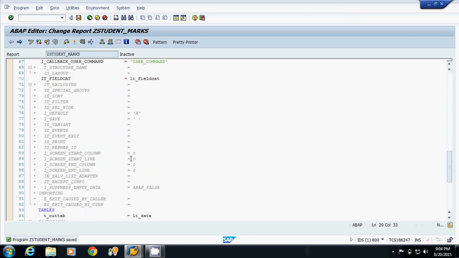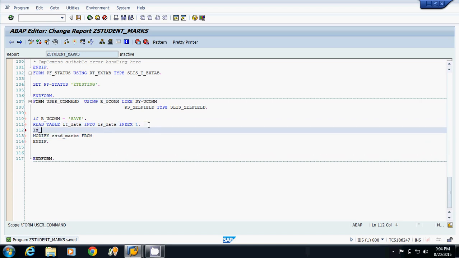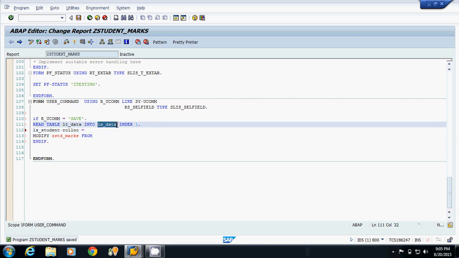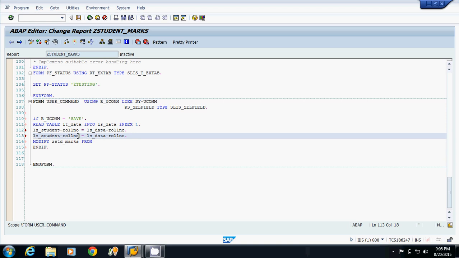Now I will move these values to this particular structure. So ls_student roll number equals ls_data roll number, ls_student marks is equal to ls_data marks.